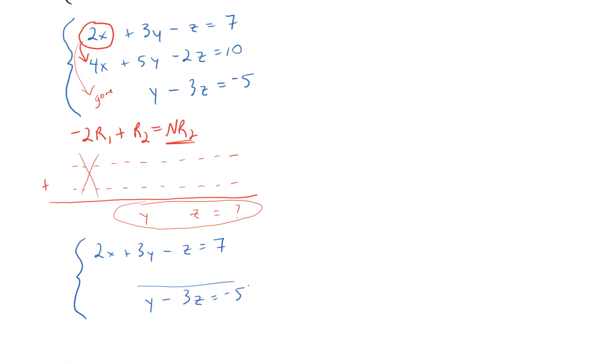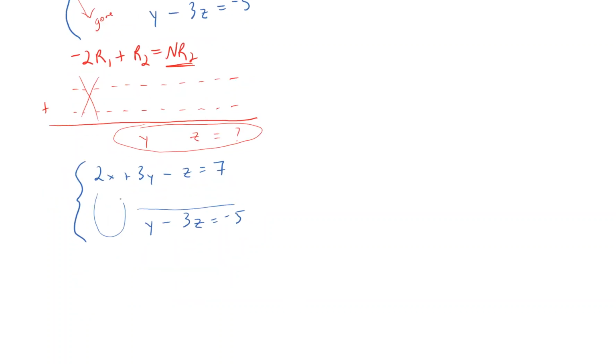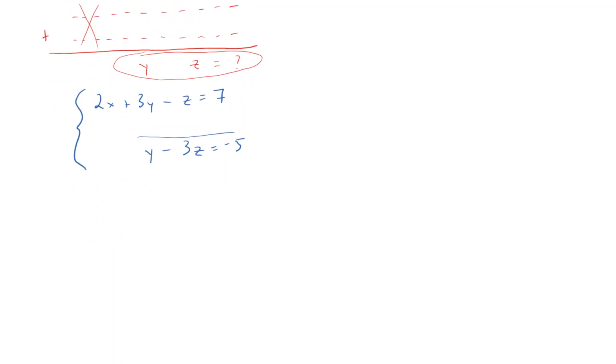Alright, so that's your new system that you're working with. All the x's below the first row are gone. That's good. The next thing we need to do is move over to the y column. Now when you're working on the y column, you don't use row 1 anymore because row 1 has an x. You don't want to mess with that x anymore. That's good. So now you move down to row 2 and you use the y term from row 2 to